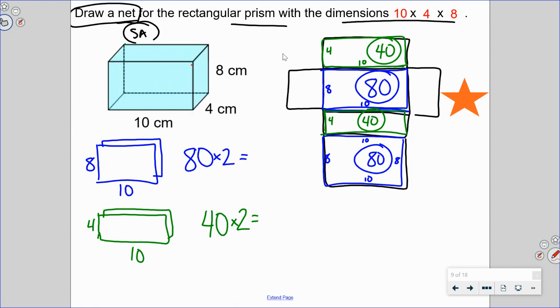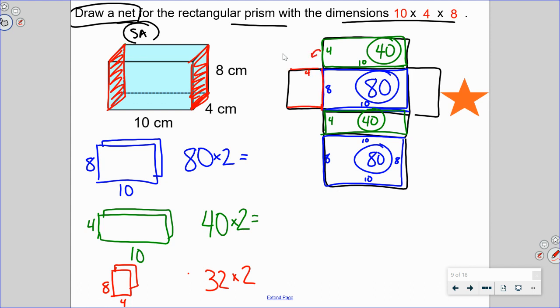Are we finished? No, sir, no, ma'am. We also have a left and a right side faces, I guess you could say. So I'm going to draw that. I'm going to point out that there's 2 of them. And I'm seeing 4 by 8. So I'm going to write 4 by 8. Although if you wrote 8 by 4, that's okay, because after all, 4 by 8, 8 by 4, both 32. And if I were to draw those on my net,